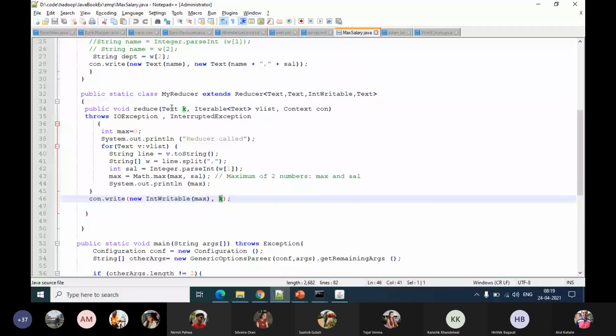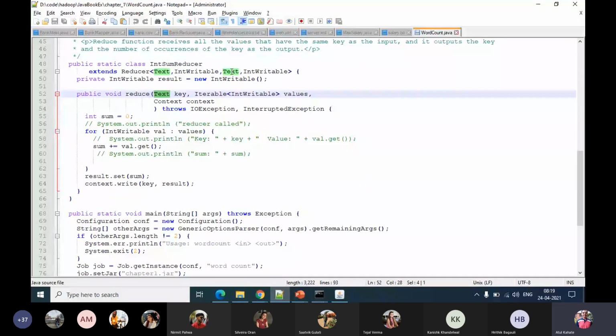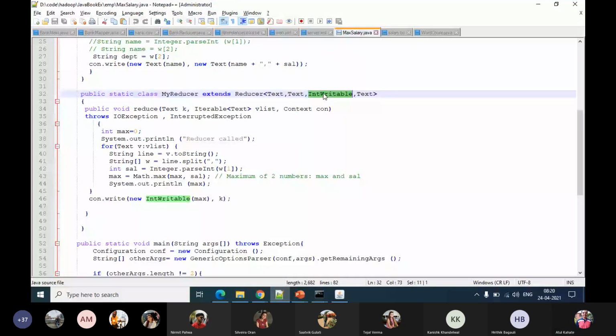Current code also we have text, okay, as the key. Sorry, we should look at this text as the key and int writable as the result. Okay, so text as the key, int writable as the result. Here also int writable as the first value in the output, text.